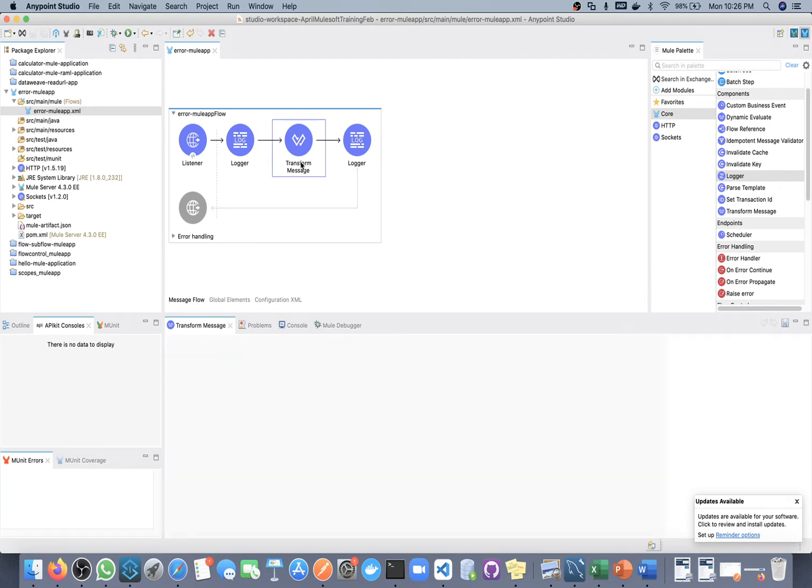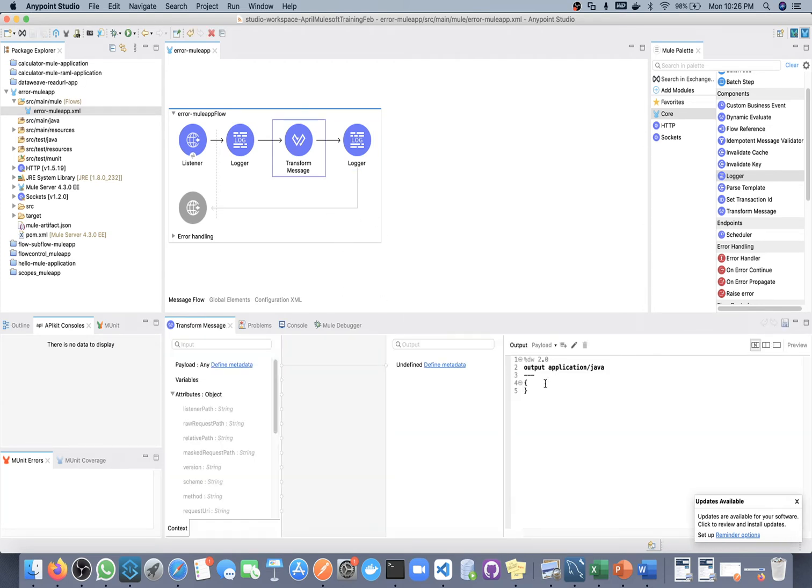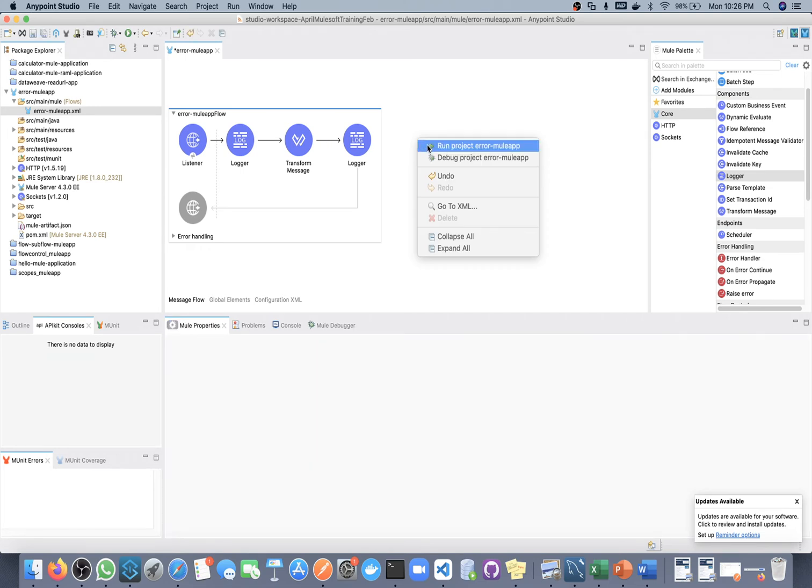Okay, now inside Transform Message I will display result, and the value of result will be 10 divided by 5, so it should be 2. So I have created one success flow, and I will run this.